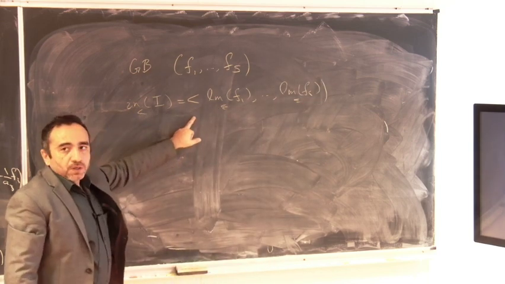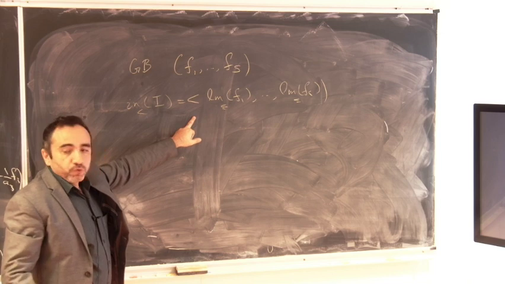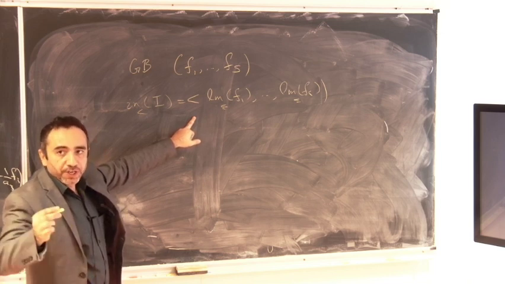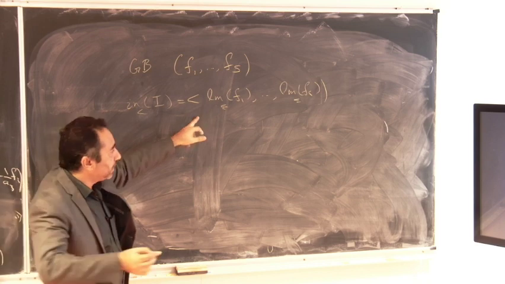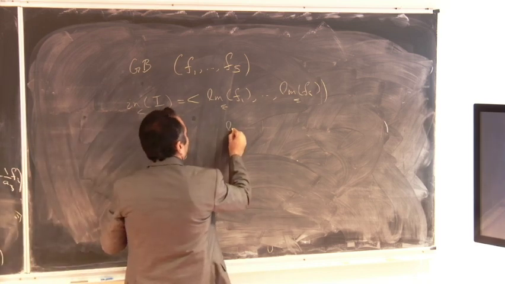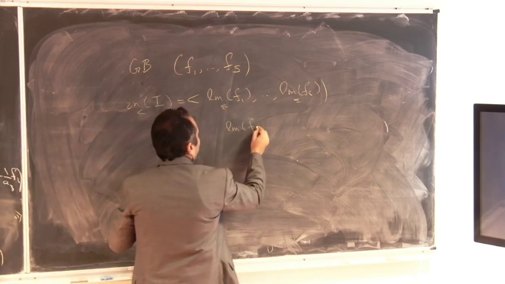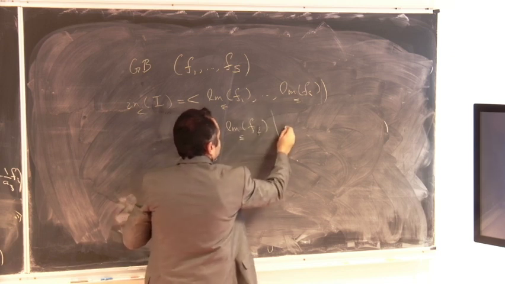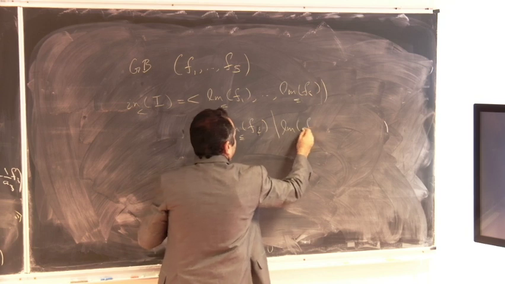Okay, so if we say that there are two polynomials whose leading monomials divide each other, for example, if the leading monomial of Fi divides the leading monomial of Fj,